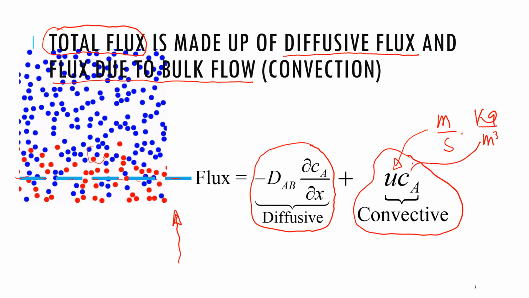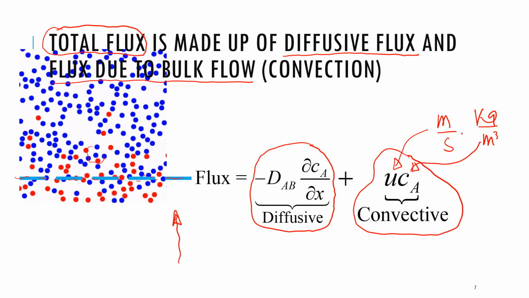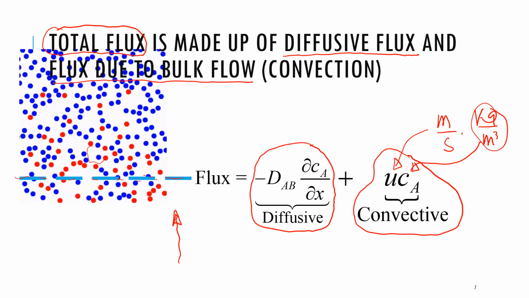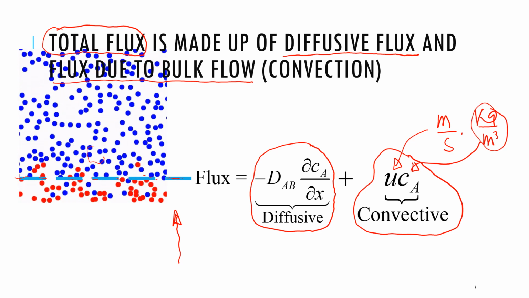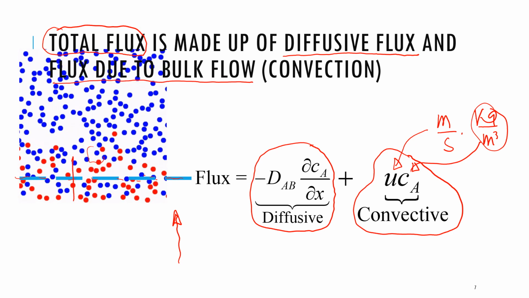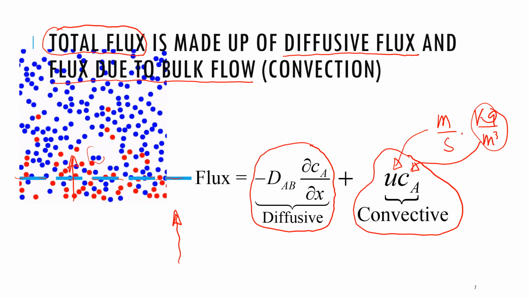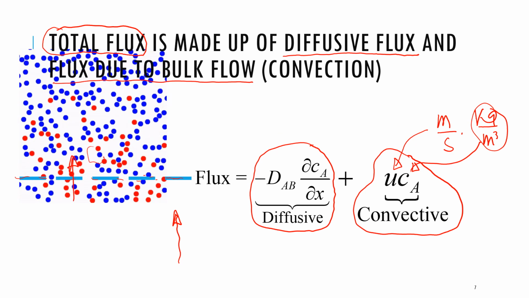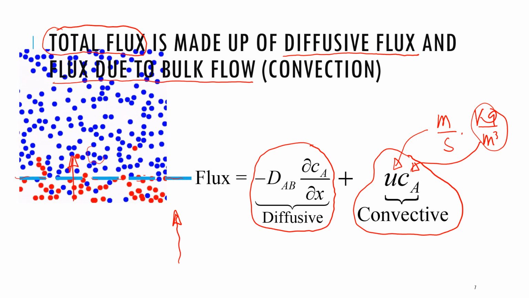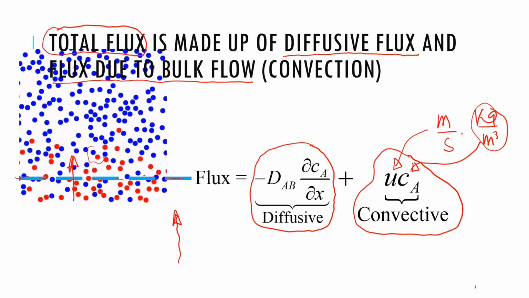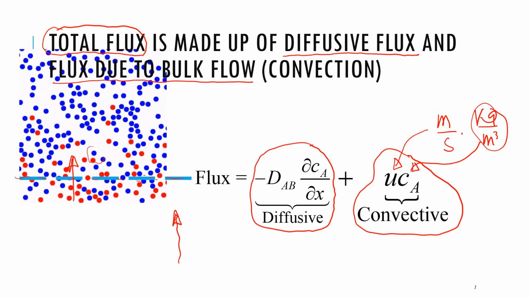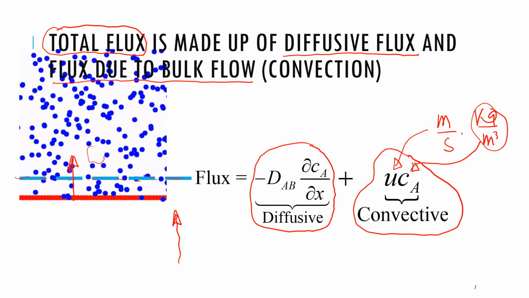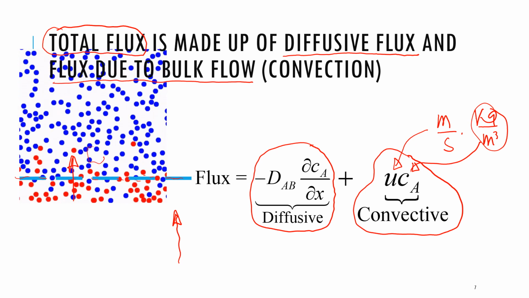That's this one. Okay. And so velocity times how much is there is going to give us how much stuff crosses this line simply due to this flow. So this concept is universal. The same thing is true for heat or momentum, and it's very important, and I find it very helpful to